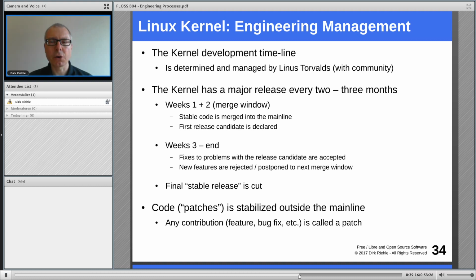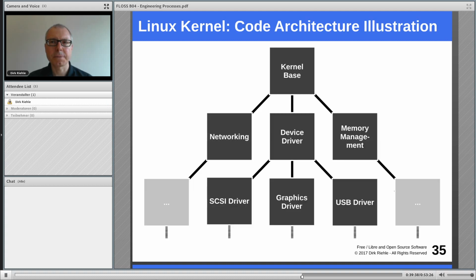The so-called stable code that makes it into the main line as part of the first 2 weeks of this release period, the merge window, is actually stabilized outside the main line. So there's a significant quality assurance going on before code submissions make it into the main line and might possibly become part of a release. And to understand that process, we need to look at the hierarchical structure of how code flows through the tree